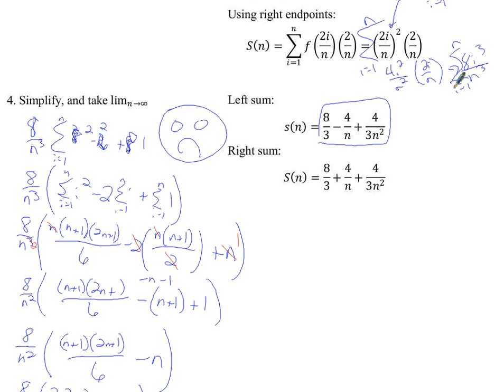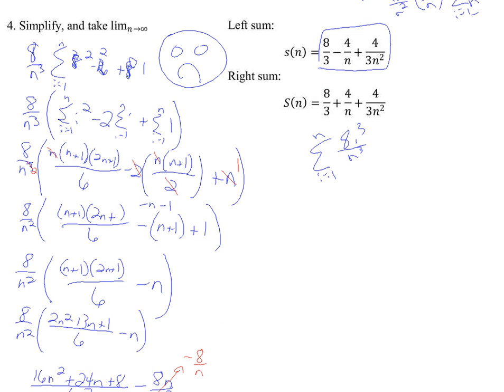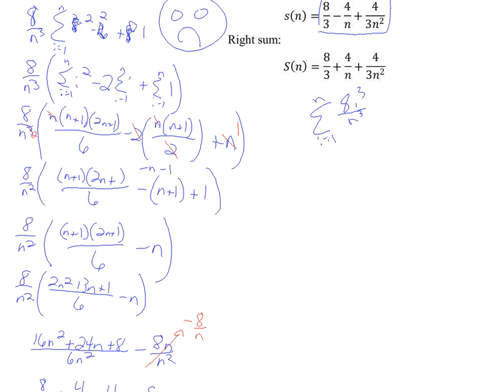So for right endpoints, we have this guy sitting here. Let me just rewrite it here. Sum from i equals 1 to n of 8i to the third over n to the third. What can I do? Pull out the constants. What are my constants? So 8 over n to the third, sum i equals 1 to n of i to the third. Yeah, that's one of our special ones. So we can convert right now. We have 8 over n to the third times